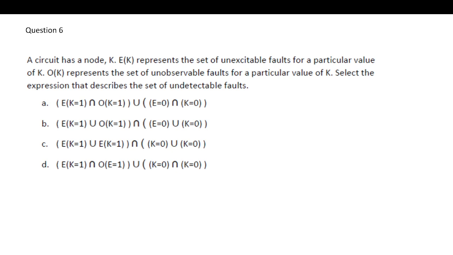So the next question, a circuit has K, E of K represent the set of unexcitable faults, which we saw the first set with, and then the other, which is unobservable faults. Select the expression that describes the undetectable faults. To have undetectable faults, we said that